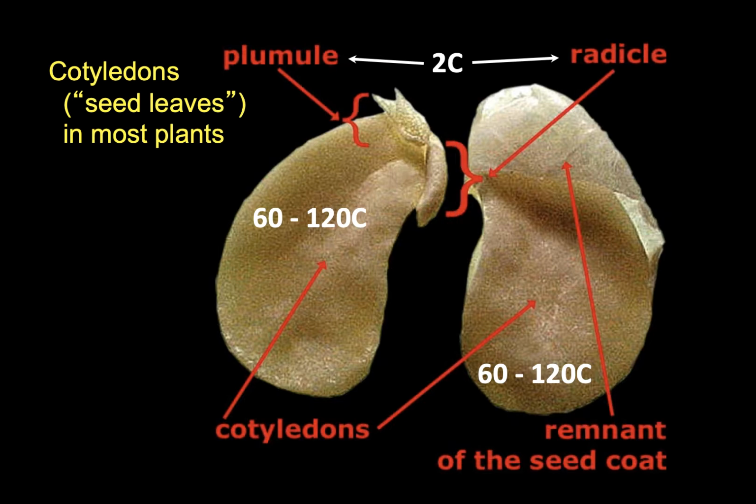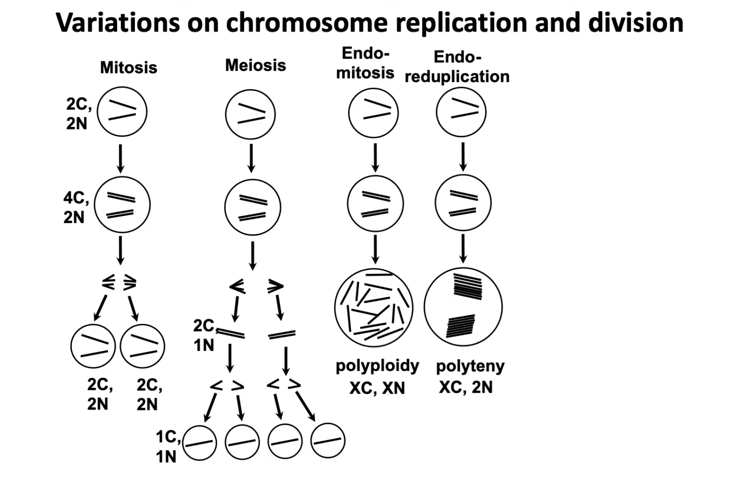The endosperm in corn or maize also is the same way. So most of that starchy part that you eat from the cornmeal, things like that, that's polyploid tissue, about 90 C in that case. One variation on this is called endoreduplication, where you get polytene chromosomes instead of a